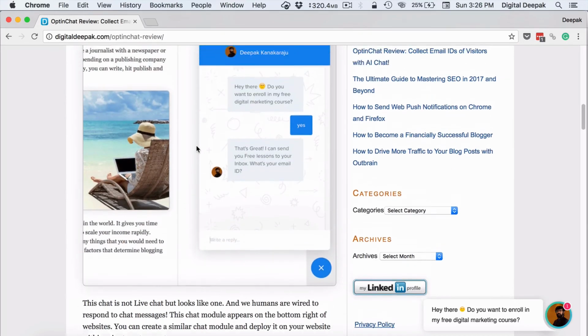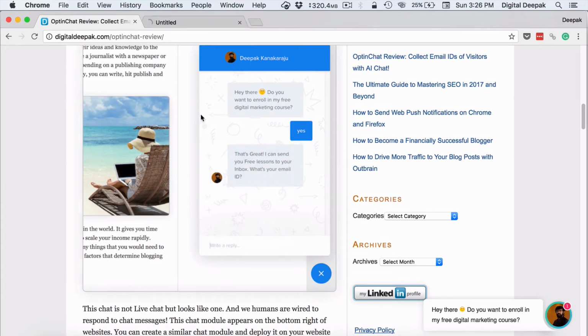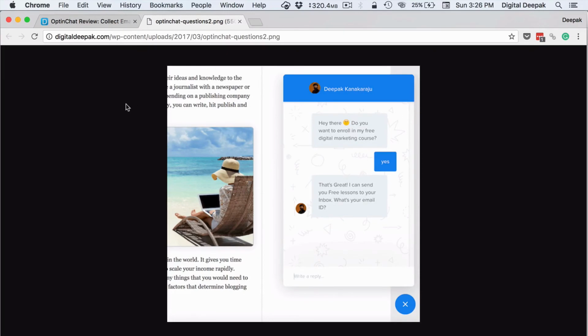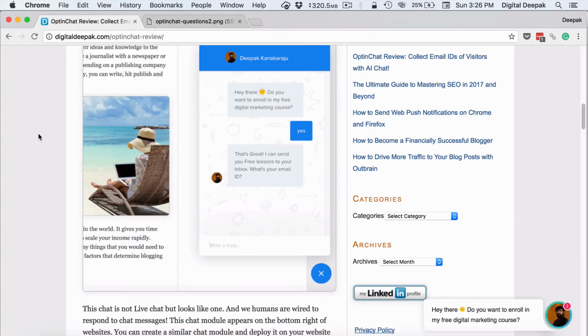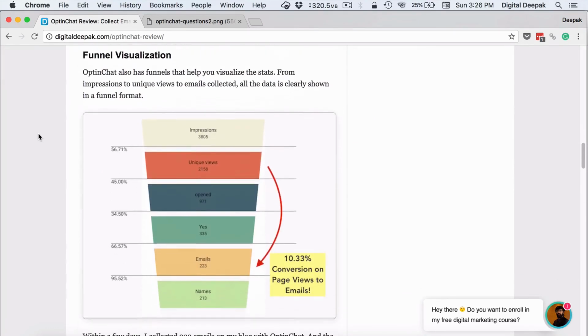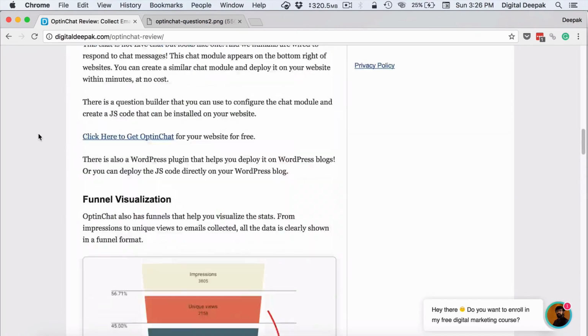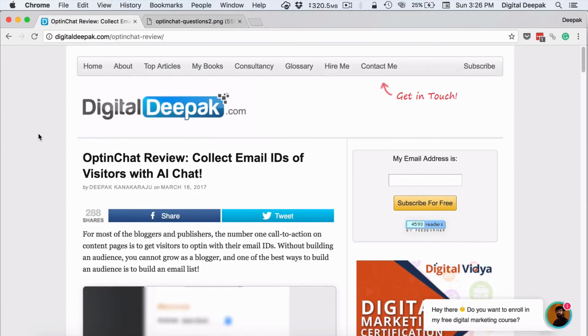And if you have an image, make sure that the image is actually having a name which is relevant. For example, here it is an opt-in chat related image, so I have made the image name opt-in-chat-questions. The images should have the right alt tags, and also the image name matters. These are some of the aspects which govern on-page SEO, and obviously your page should load fast, and your content should be of good quality so that people spend more time.